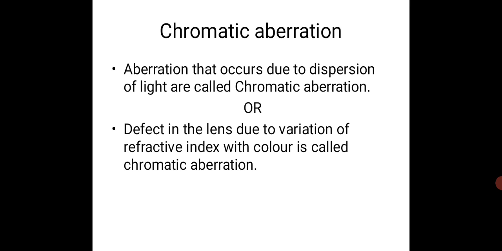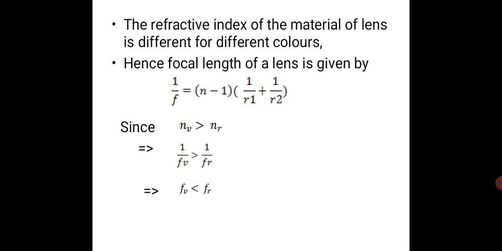object. So chromatic aberration is nothing but a defect in the lens due to variation of refractive index with the color, or aberration that occurs due to dispersion of light is called chromatic aberration. The refractive index of the material of the lens is different for different colors. Color means different wavelengths, therefore refractive index plays a very important role in the defect in formation